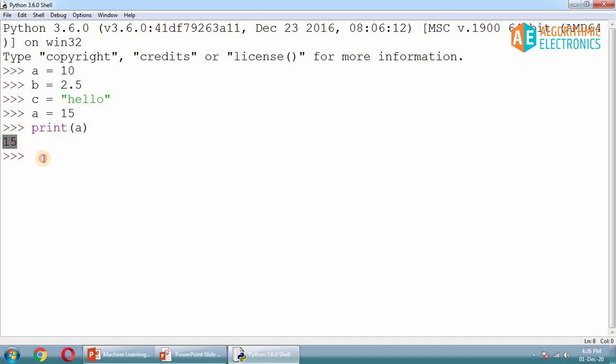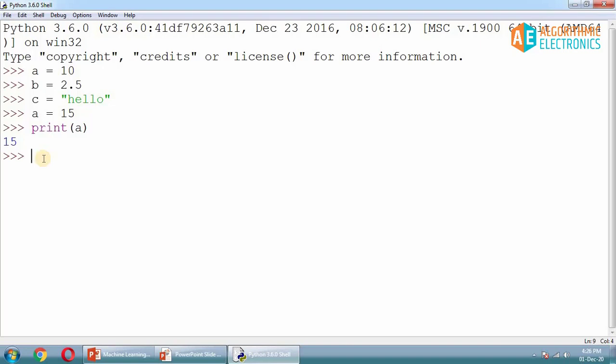So that's how it can store a single value. Now many times in programming we need to store multiple values in a single variable. In that case we can take help of Python collections. In other programming languages mostly the term array is used.